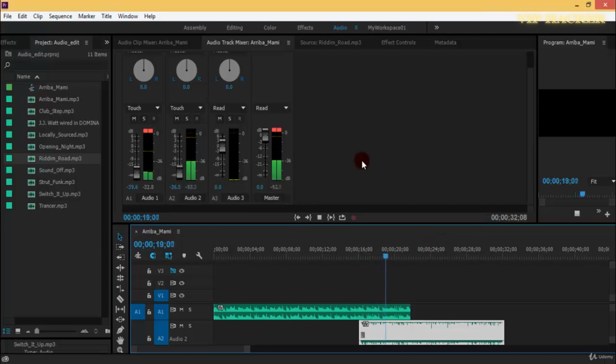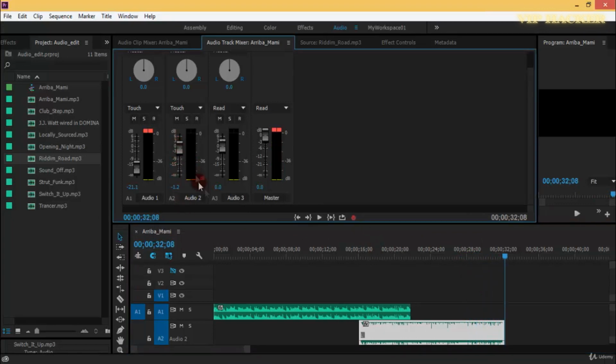If you can see this, I've kept on a low volume. So in this way you can automate or animate your audio through this audio track mixer panel,